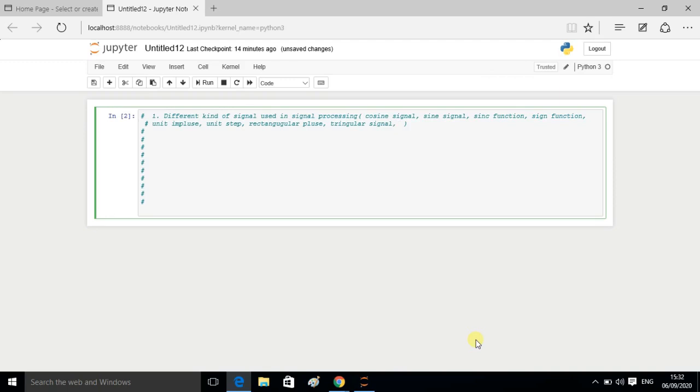This much. These things we are going to discuss in both discrete and continuous domain, except the unit impulse signal. All the others we are going to discuss in both discrete and continuous domain. So then the second thing is